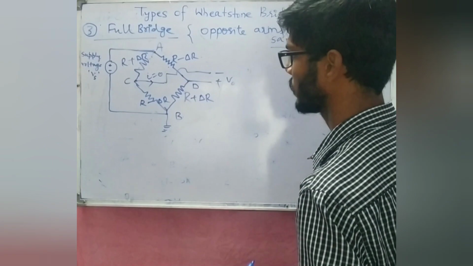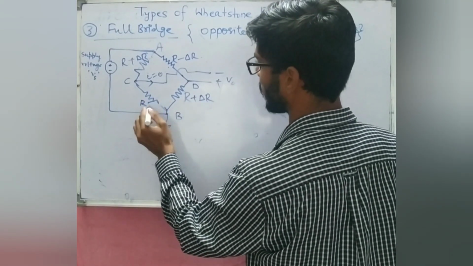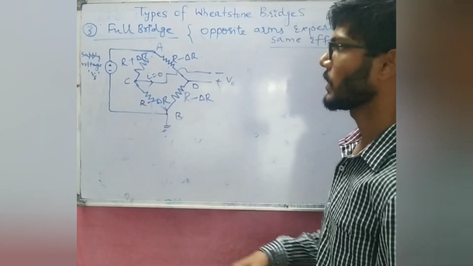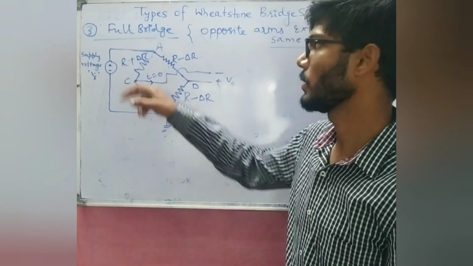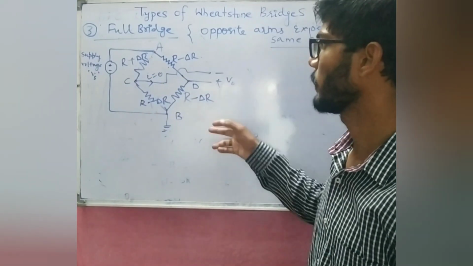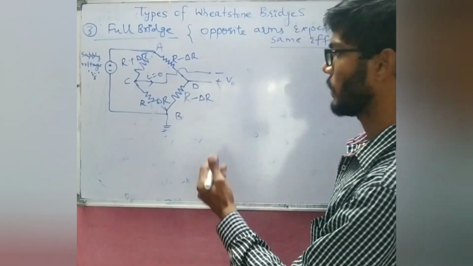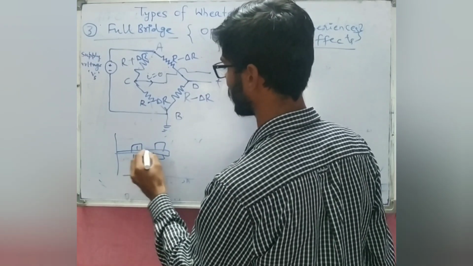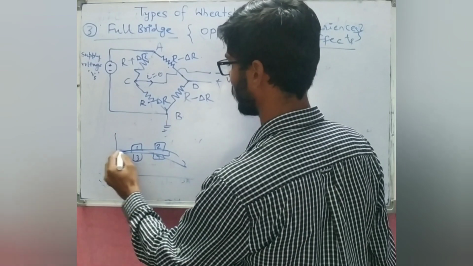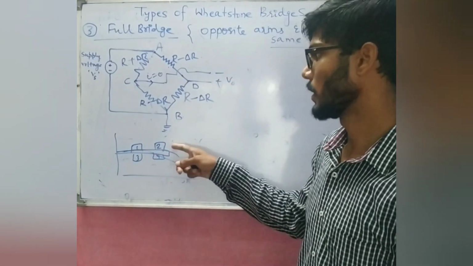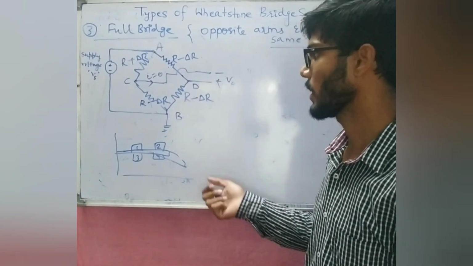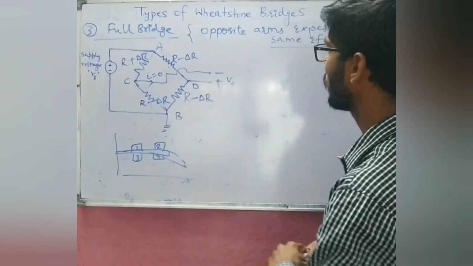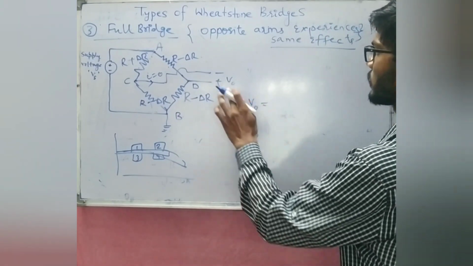And now, as I was talking about, we have to place the same effect feeling arms in the opposite arms of the bridge. Why so? Because if I place them in such a manner that adjacent arms are going to feel the same effect, they will be having R plus delta R in both of them, and R minus delta R in both of the others. So if you apply any stress or force on the cantilever beam, these are 1, 2, 3 and 4, when it deflects, 1 and 2 are going to feel that elongation, as I mentioned. So they will be having R plus delta R, and 3 and 4 are going to feel R minus delta R.